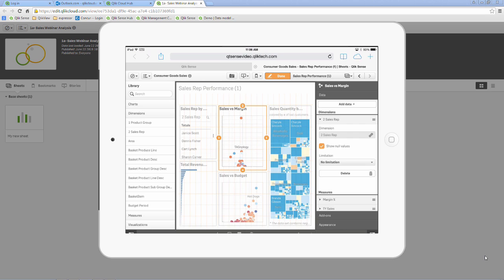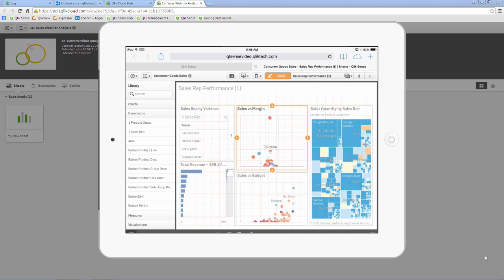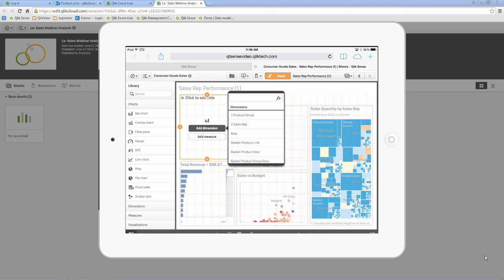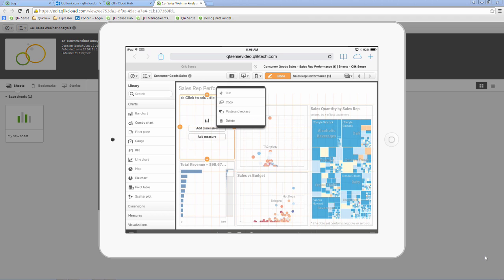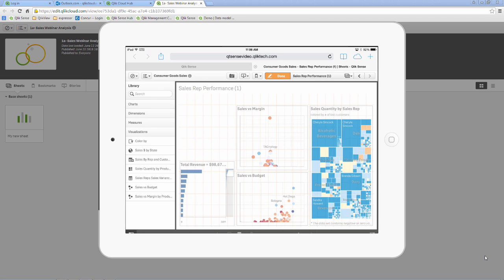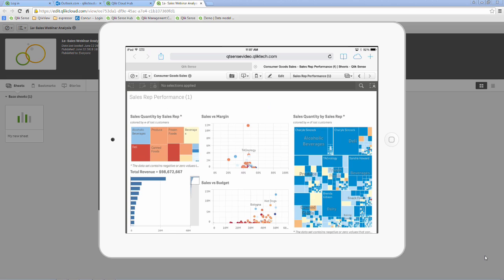If I wanted to create something completely new, I can do a sustained hold and select the little ellipsis button, delete. Then I can go into my charts, and I can choose another bar chart, add a dimension, and add a measure, just like I did earlier today. Also, let's just delete this, and let's go into the visualizations library. And these are the predefined visualizations. And here is, let's say, sales versus budget, or sales by quantity, another tree map, if you will. And then click Done. And then that is my copy of this particular analysis that I'd like to keep for